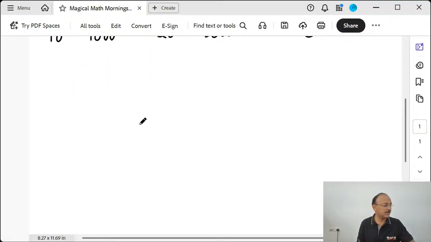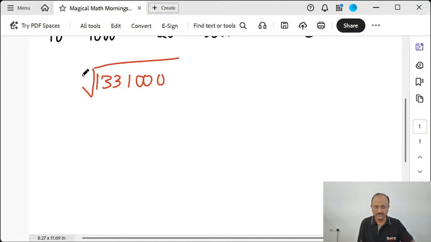Maybe like this, 1331000. And I want to find out cube root of this. Last digit is 0 means the cube root's last digit also will be 0. Eliminate this. 1331 is the cube root of, oh, it's a perfect cube, 11. So directly we'll write 11. 110 cube is 1331000. Correct? No? Maybe if you consider